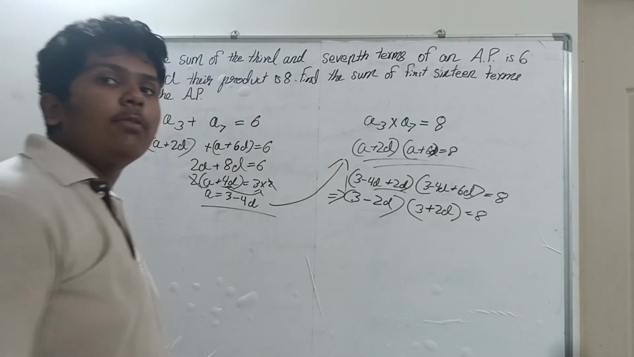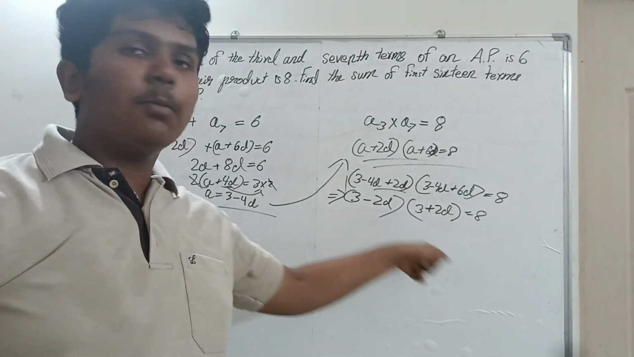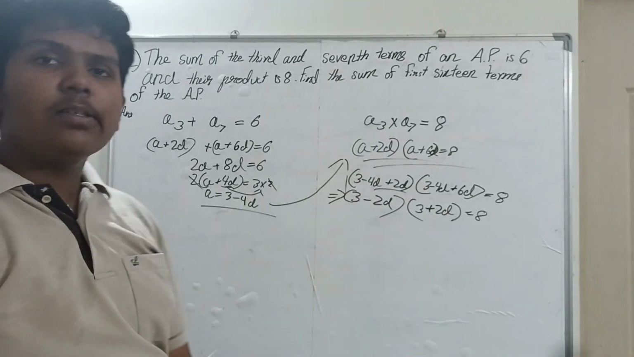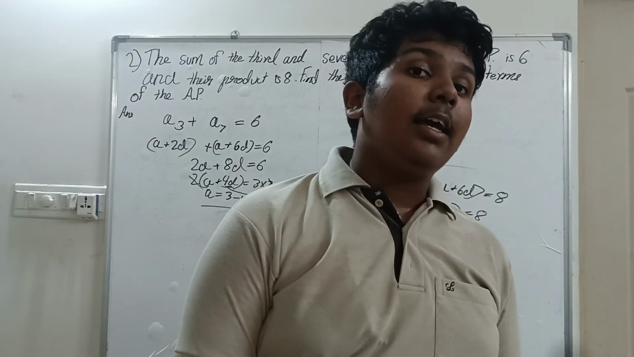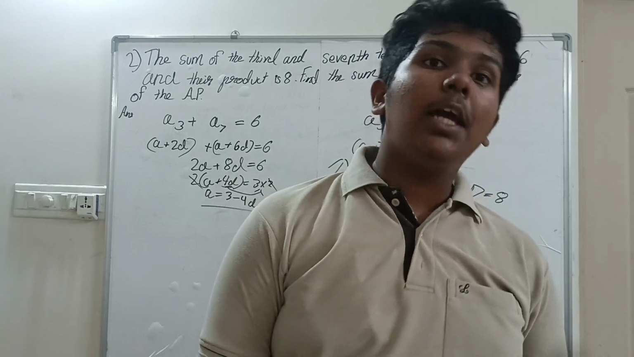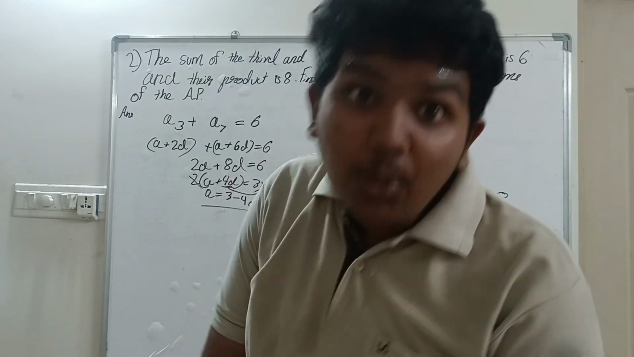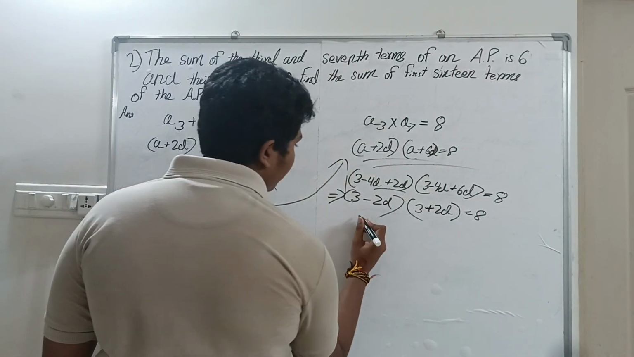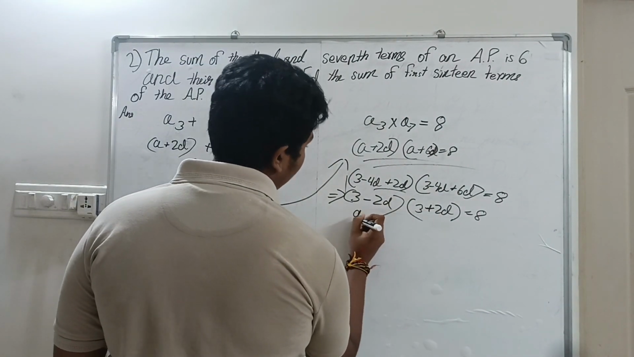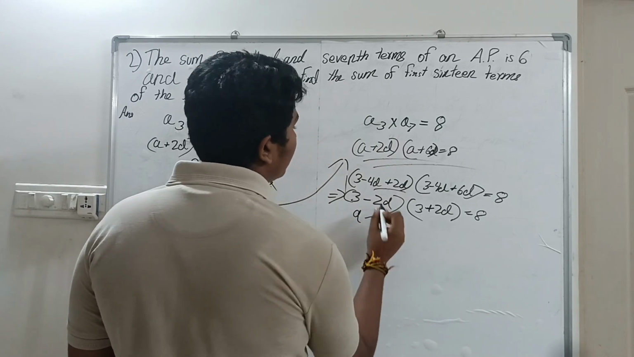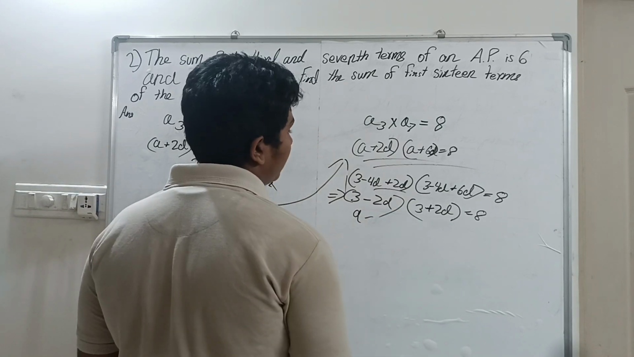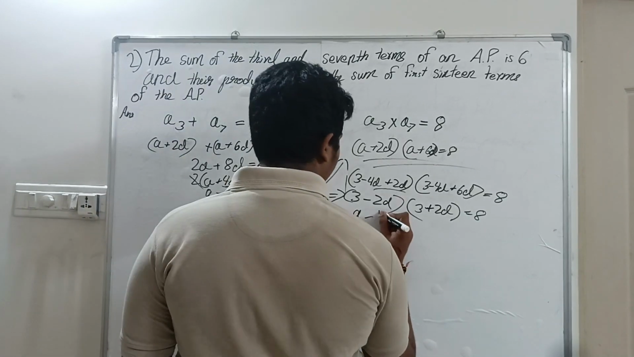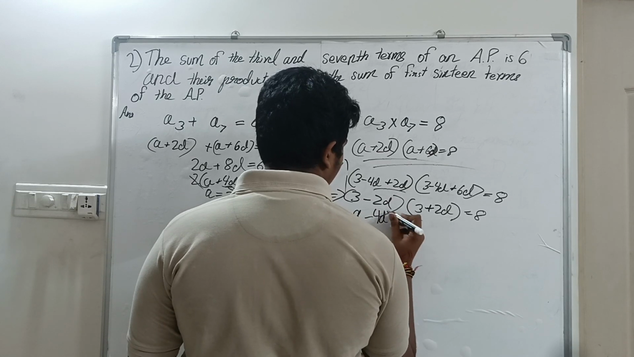Does this ring a bell to you? It looks familiar. Number one formula. What is that formula? A minus b into a plus b is equal to a square minus b square. Right. So 3 square, which should be 9, minus would be there 2d. What is 2d square? 4d square, right? So 4d square